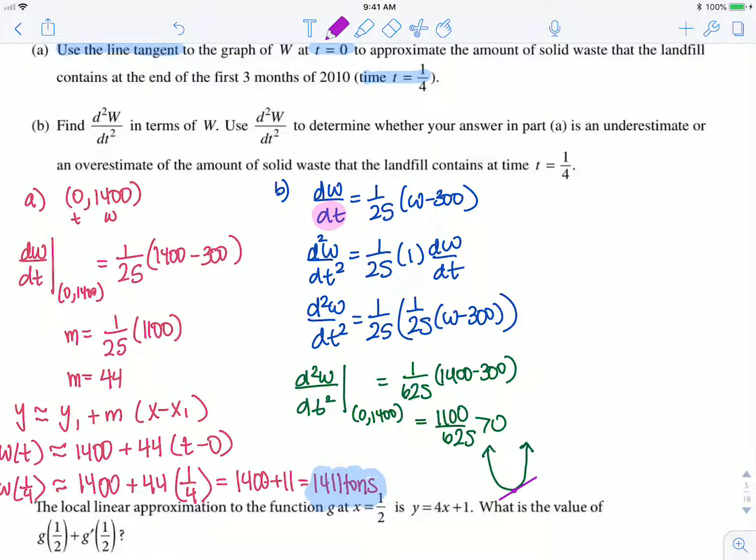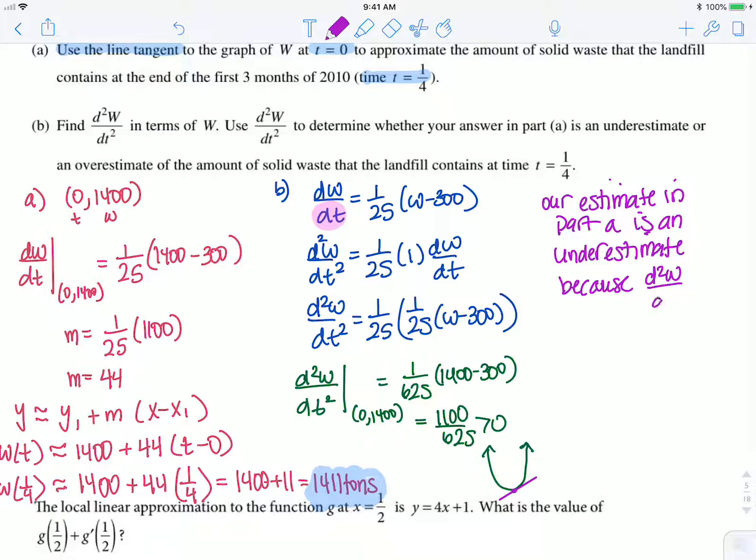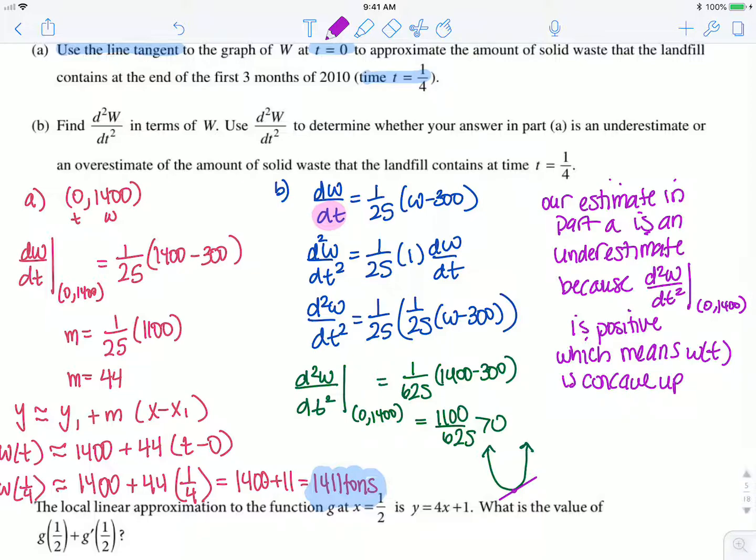So we can say our estimate in part A is an underestimate because our second derivative evaluated at our point of tangency is positive, which means that W of t is concave up,